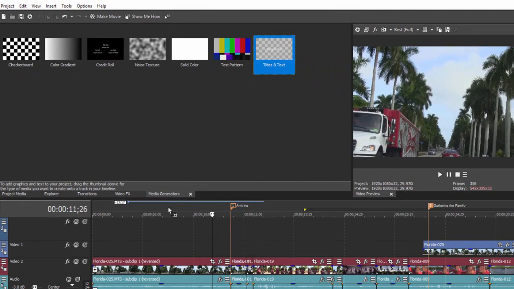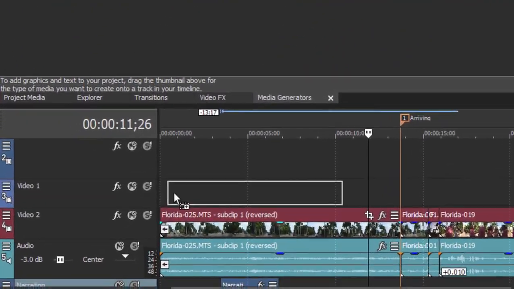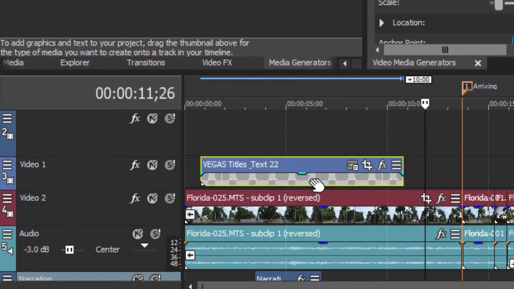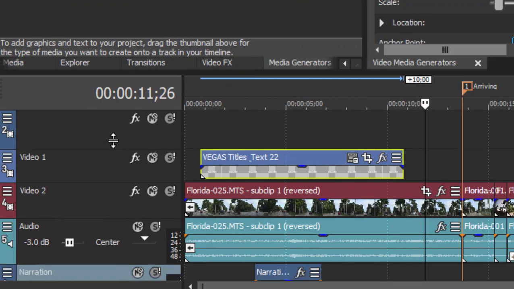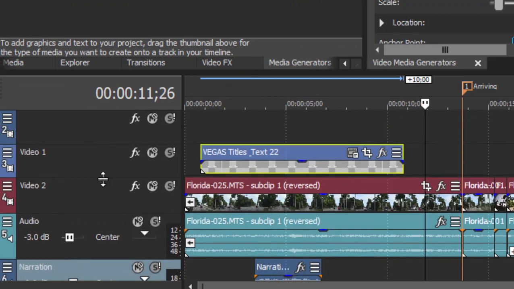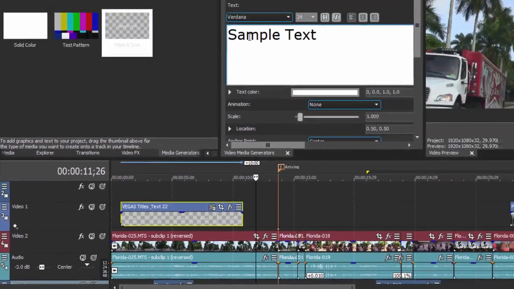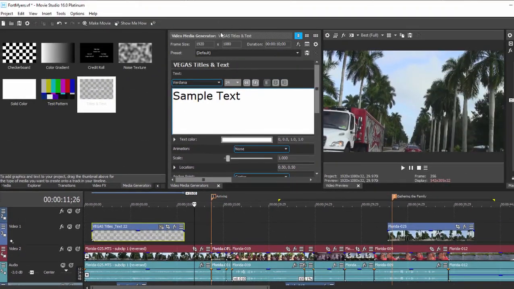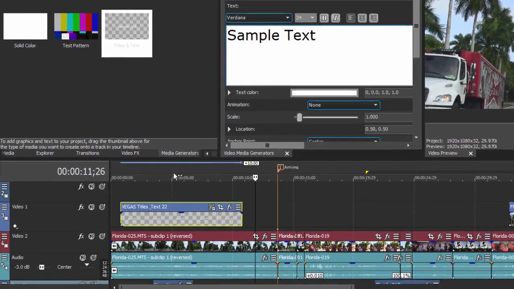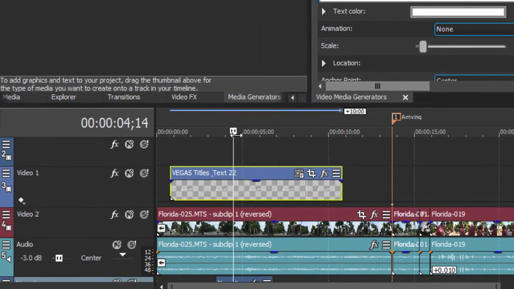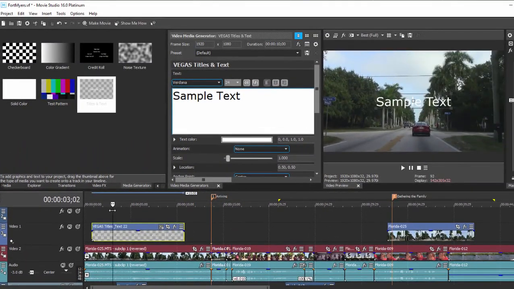So I'm just going to drag titles and text down here to the timeline. You see by default you get a nice 10-second video clip or video event that is your title. Now I'm just going to widen this a little bit. There we go. And when we add it, we also get a pop-up here of the Media Generators window where we can create our title. Now I'm going to move the playhead over the title so that way we can actually see the title as